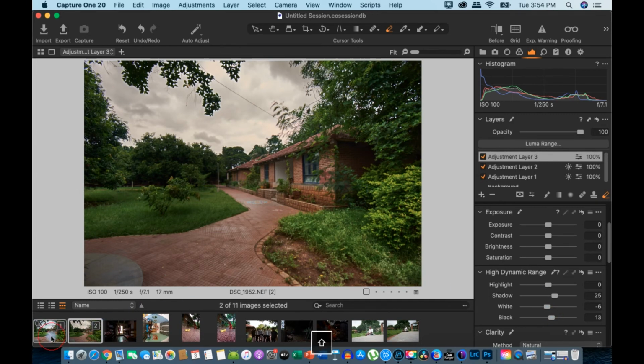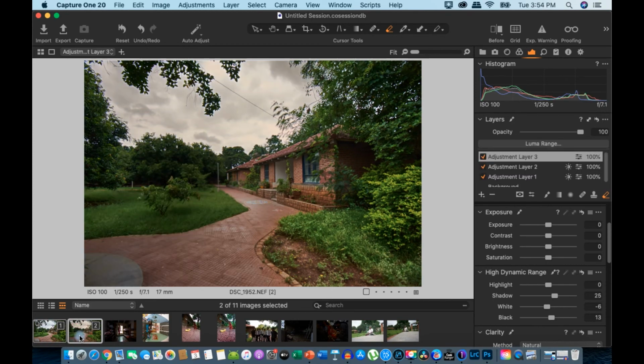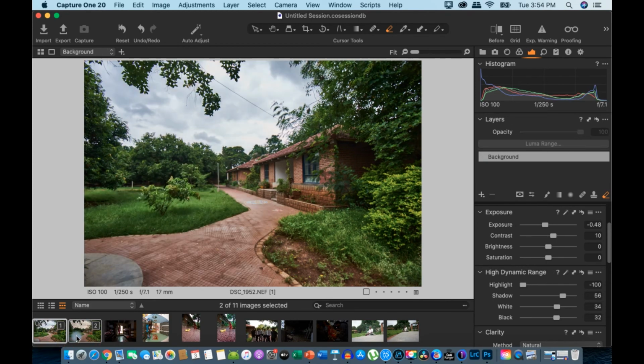So now let us compare both the images. This is image number 1, this is image number 2. As you can see, image number 1 is a little flat and the details in the sky are not very well recovered, and while we lift up highlights in the sky area, it has also affected the highlights in this area.